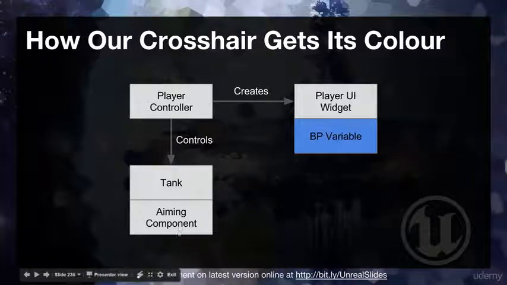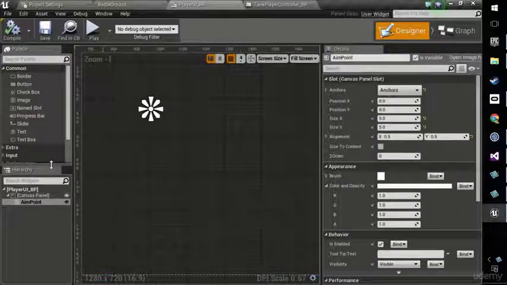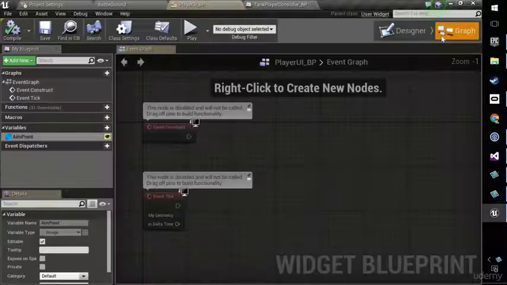So that state is going to be in the aiming component, but the player UI widget wants to know that state, and the aiming component is a little bit distant from the UI widget. So what we're going to do is set up a blueprint variable in the UI widget. Let's see how that would work. We're going to come over, in fact, let's do it now. We'll come over here to the UI widget, go to the graph of the player UI blueprint,